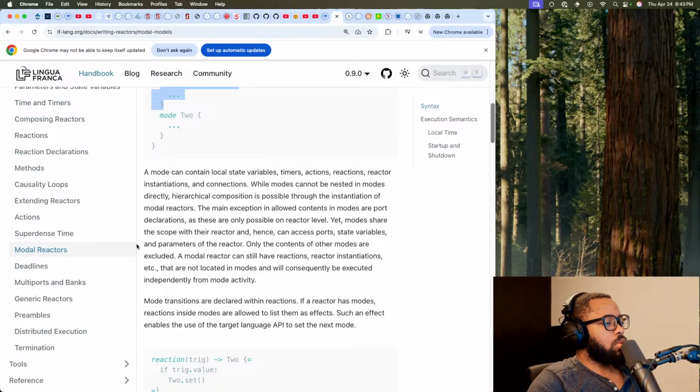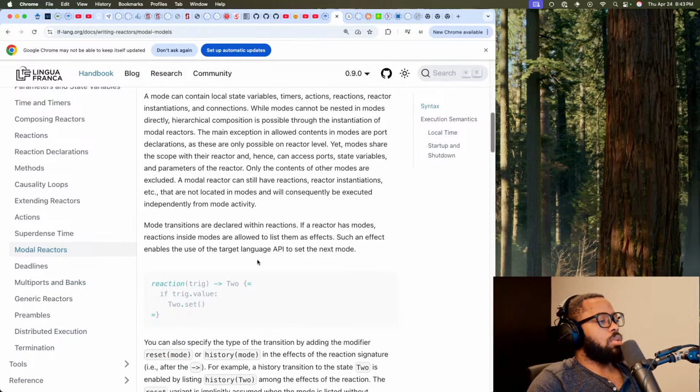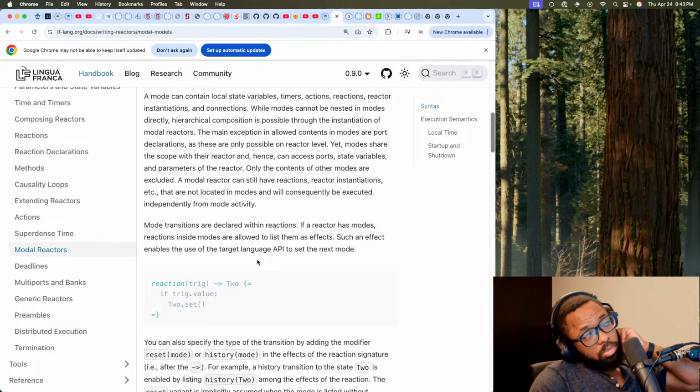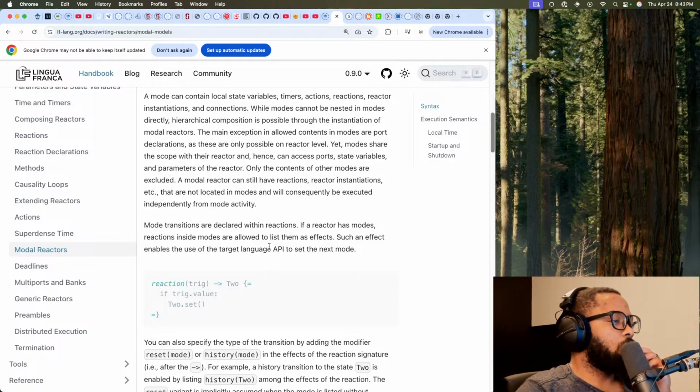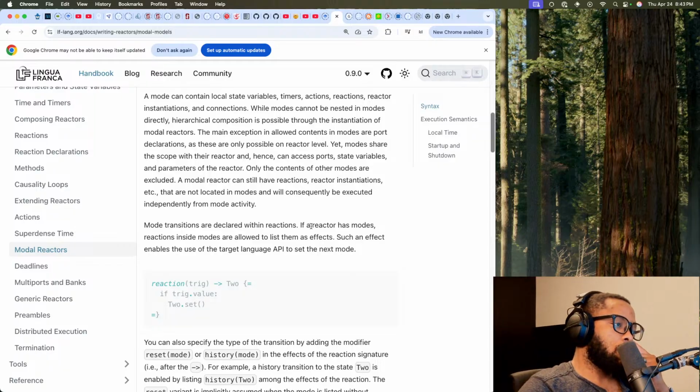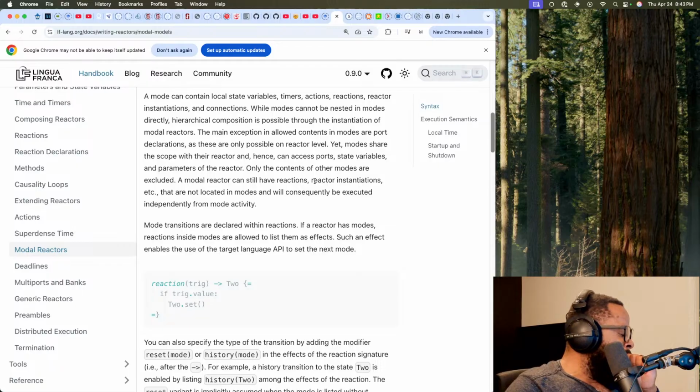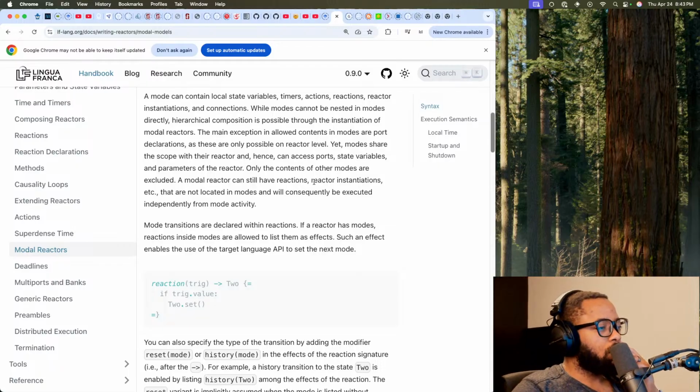Yet, modes share the scope with the reactor and hence can access ports, state variables, and parameters of the reactor. Only the contents of other modes are excluded. So, okay, a mode can have its own state variables, but not its own ports.